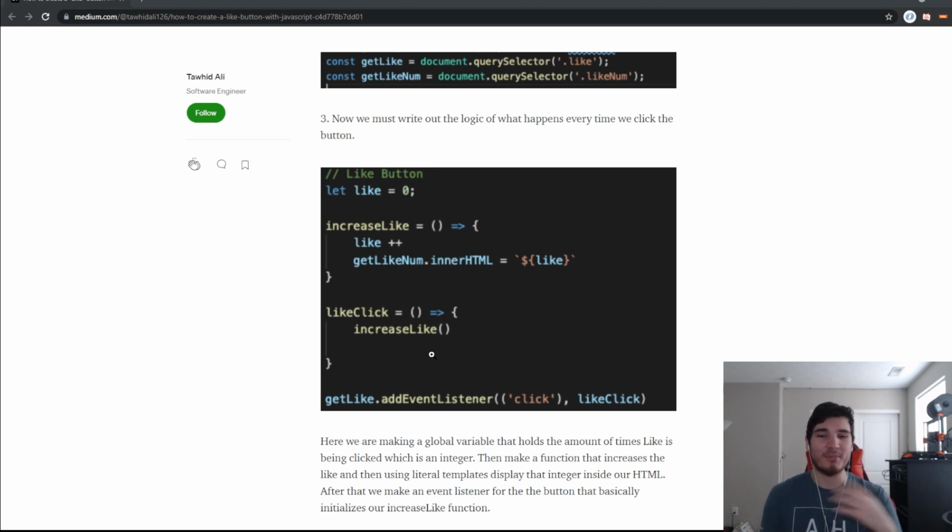Why do I not just skip the step and, instead of calling click, call increase like right away? So down here we're calling click when the button is clicked. Why not just put increase like right there? You've now removed all three of these lines of code and condensed this from 10 lines to now 7 lines